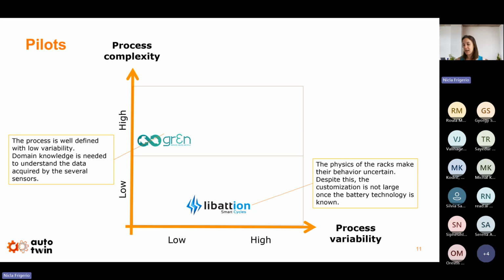Libatium is not very complex. You have those cells, they have been charged and discharged, so the process complexity is low, but you have middle variability because you may charge and discharge very differently. And so despite this, the customization is not very large, but you need to know the battery technology behind it, and you need to know a little bit about the usage of the battery.